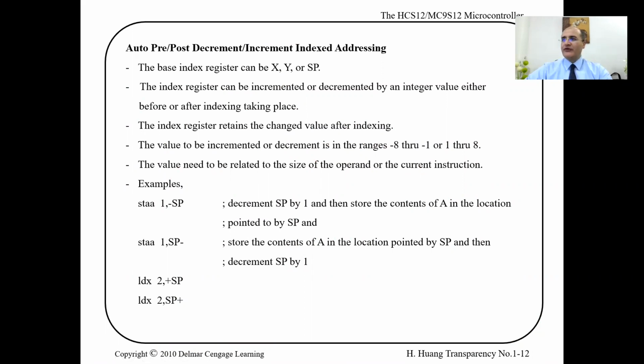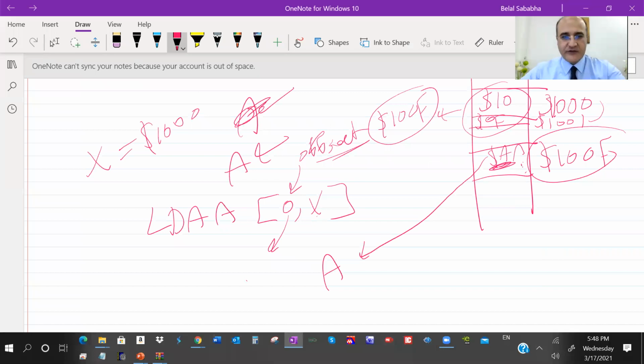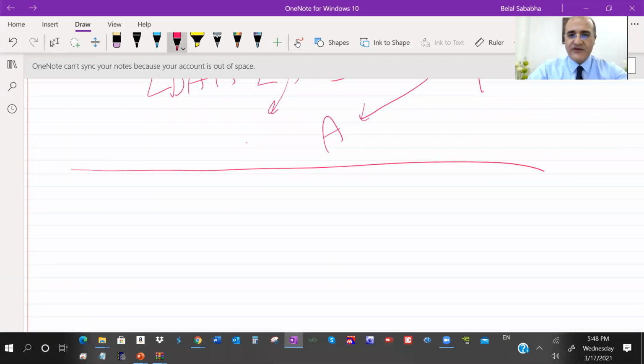Let me go to our board and try to explain it. Auto increment, auto decrement, pre or post. Pre or post. Let's look at this. In our previous examples, in the index addressing mode, we said load accumulator A